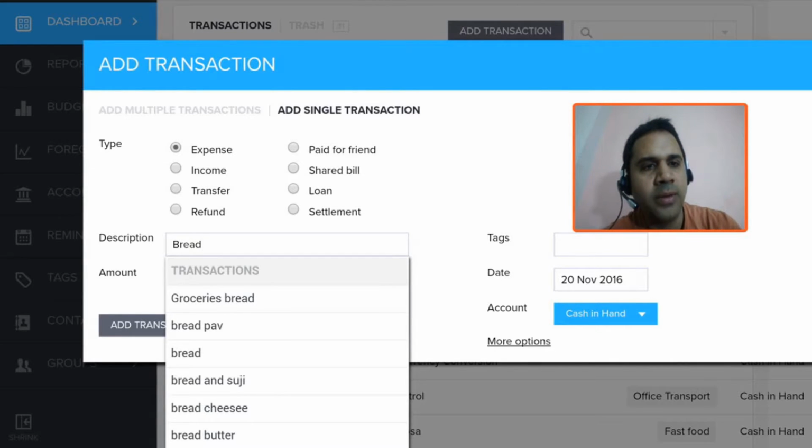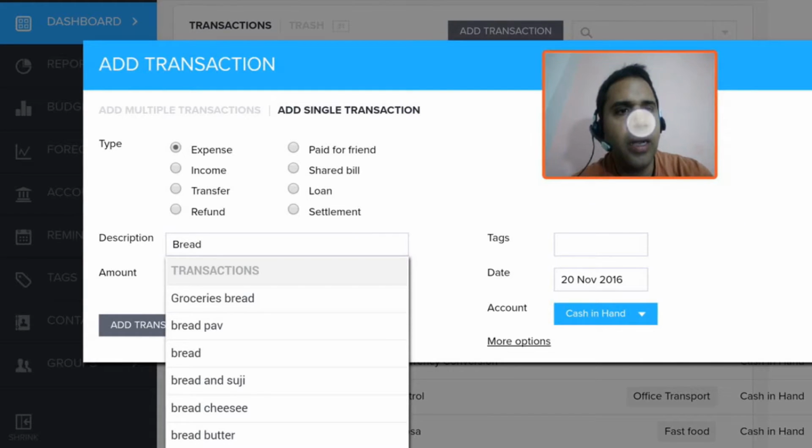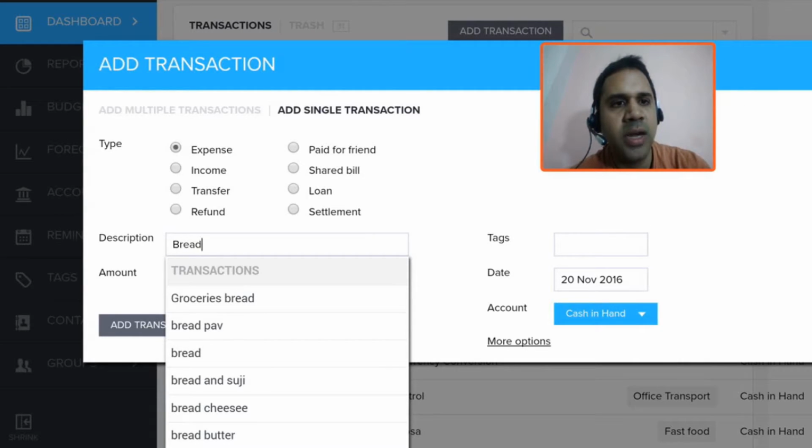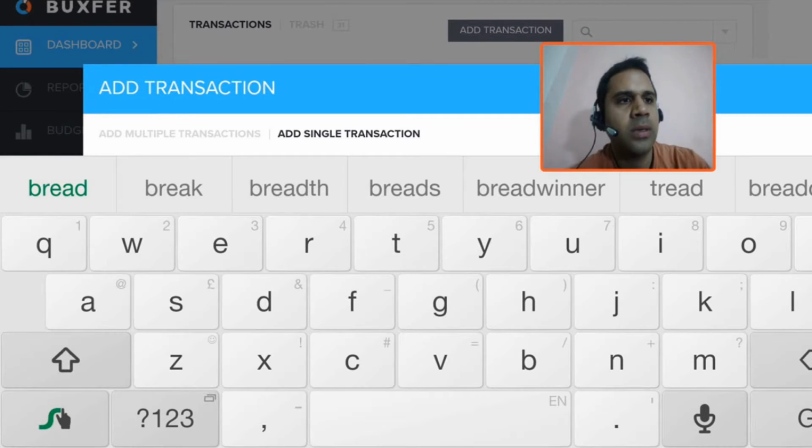So I select grocery bread. Now I want to highlight here, before selecting grocery bread, you see the tag beside the description is blank. Now once I select grocery bread,